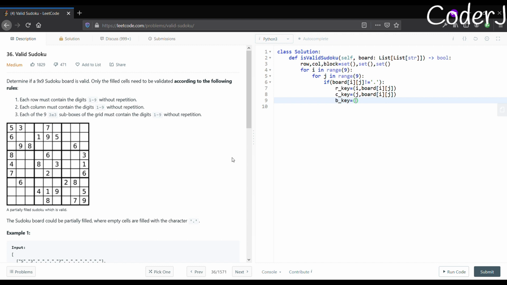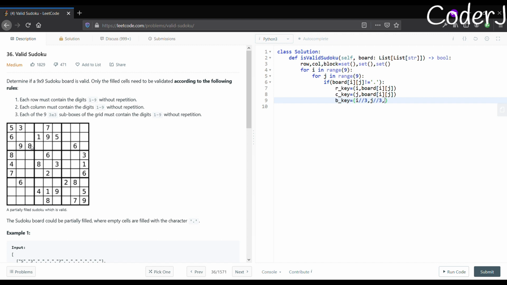Simple. Whatever the coordinates of that particular element are, let's say the coordinates currently are i and j, do a floor division of each by 3, and you'll get the value of that block. Let's say the maximum coordinates the first block can have are 2, 2. Do a floor division with 3, and the value you get is 0 point something.